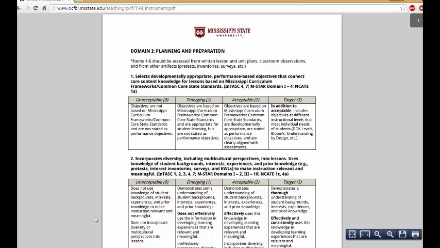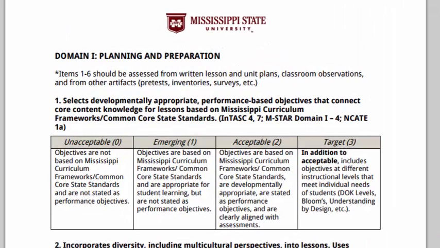You'll notice that it has different domains and different ways to measure. The purpose of the TIAI instrument is that when someone comes to evaluate you, they'll have a rubric to grade you. Even though you're very early in your teaching career and pre-student teaching, it's good to embrace the TIAI and start learning some aspects of it. Many times a real-world teacher will say, we do not get assessed like this, this is a lot of indicators. But you're going to see later on that something called MSTAR has come into play, and we'll see how that factors into real-world teaching.